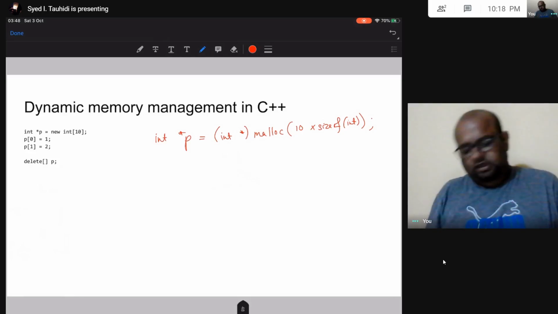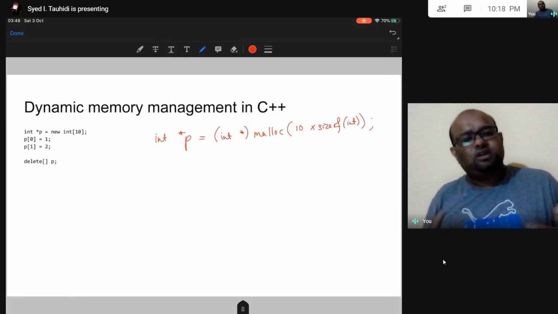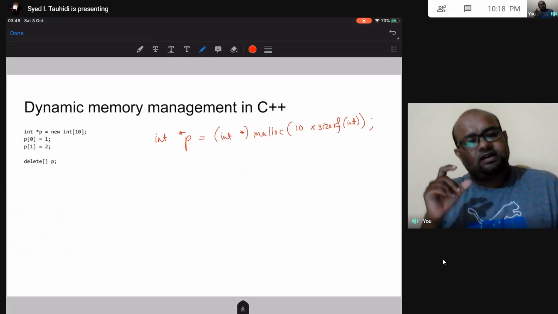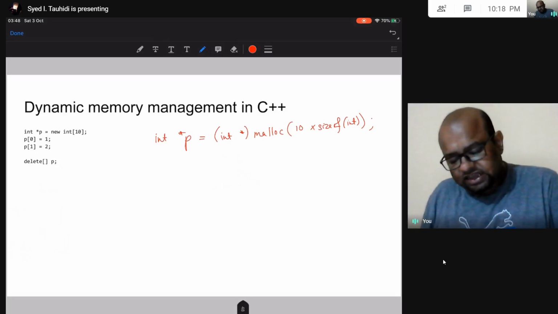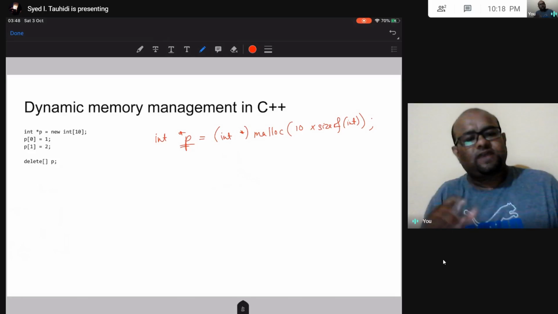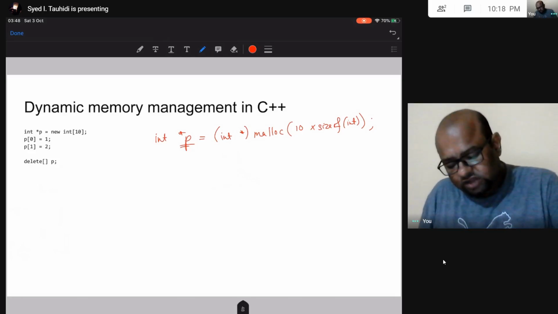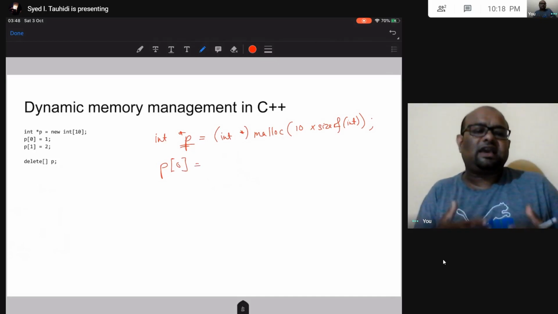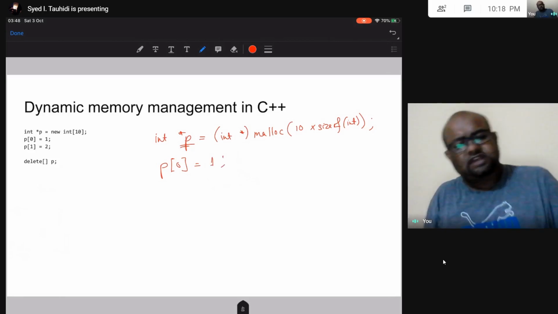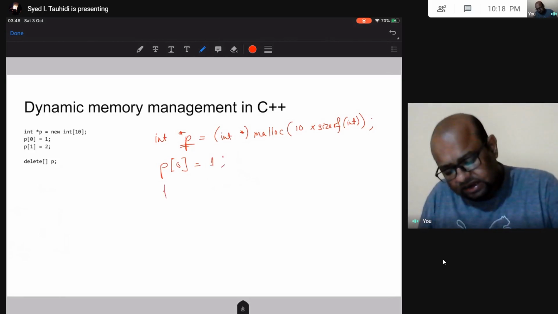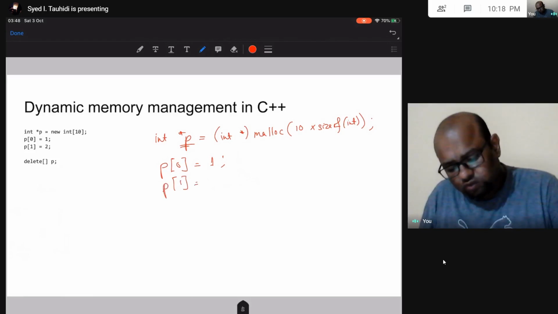Okay, so we already noticed that the name of an array is a pointer, so I can use a pointer as a name of an array. This is an integer type pointer, so if I use it as a name of an array, I'm using it as an array of integers. Right. So here in location index 0 of this array I am storing 1, in index 1 of this array I am storing 2, and so on.